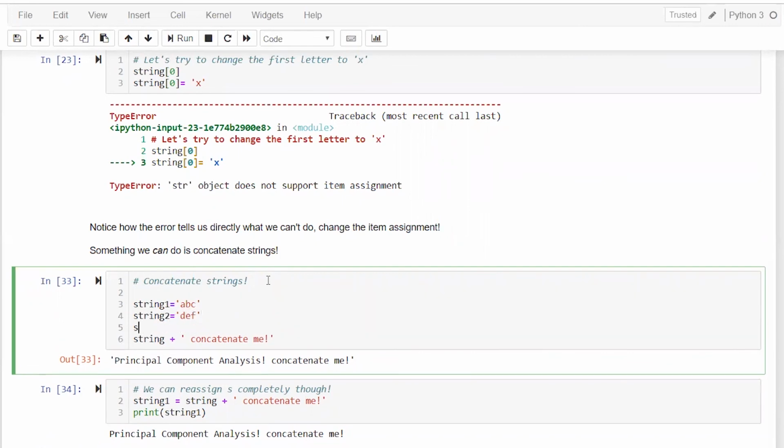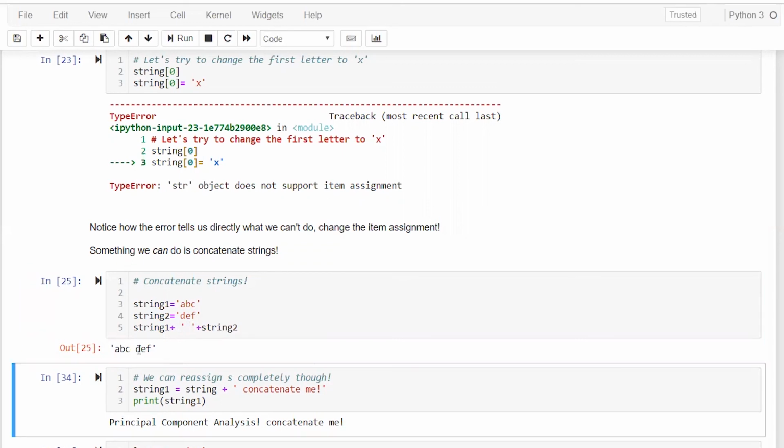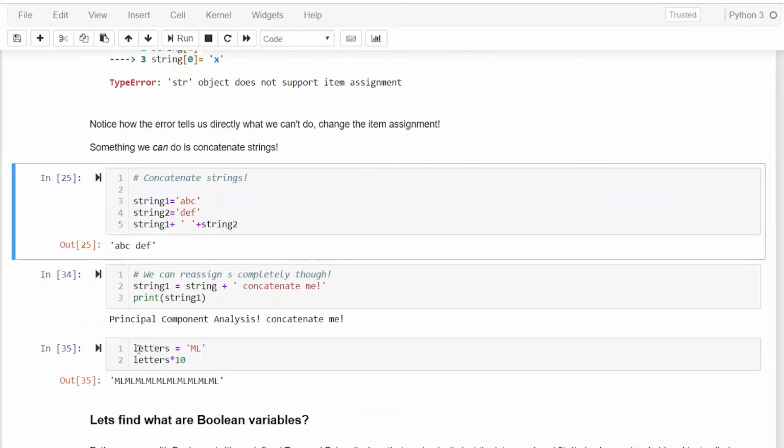Now I want to see what string one plus string two is. It gives me A B C D E F. Now you can also specify plus, and then specify a space, which is a string only. So we'll get a space here as well. In this way you can concatenate strings.